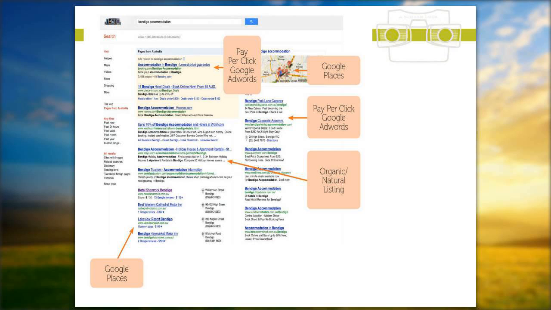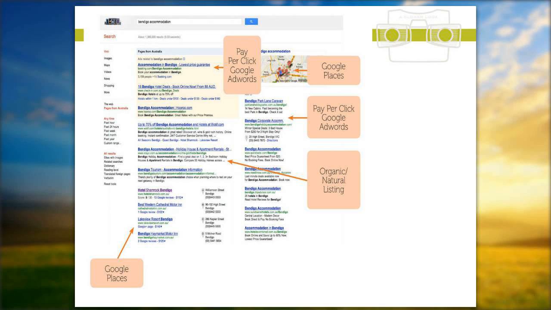On the right-hand side, you have Google Places, or I should say Google My Business. It just displays kind of randomly sometimes where those location search results show up. There's kind of no rhyme or reason, or there probably is a rhyme and reason, but it's not really predictable where that's going to show up. But the way that you know that it's a Google My Business listing is that it's very location-centric.